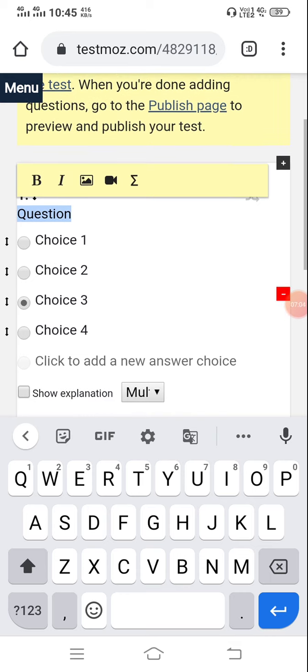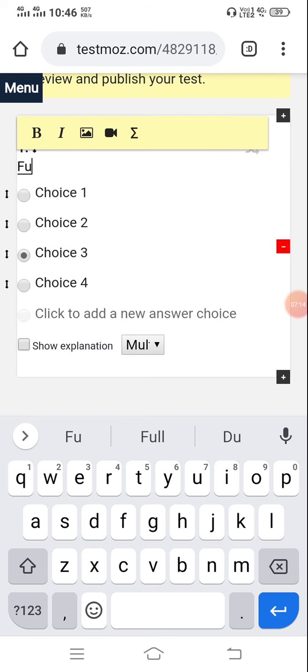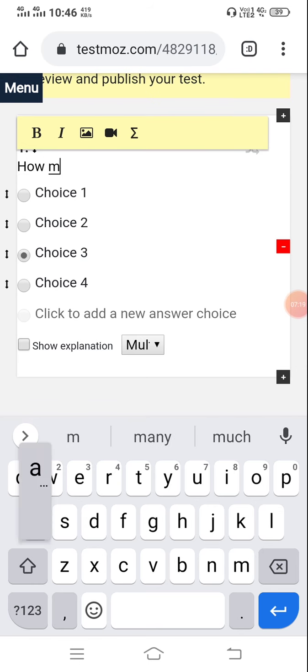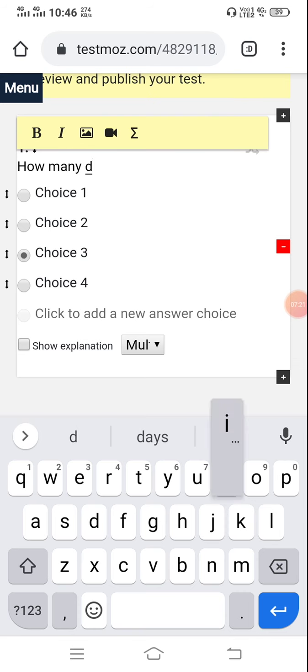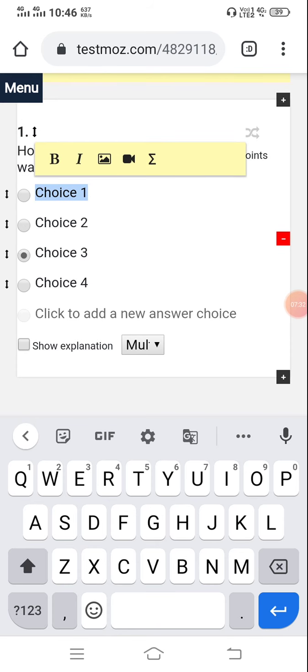Here, instead of question, you write the question, just edit that one. I am writing here: how many diodes in a full wave rectifier? Options, for giving options, just click on choice 1,